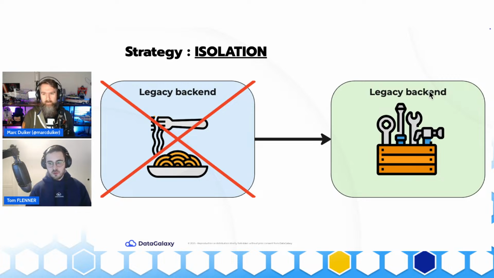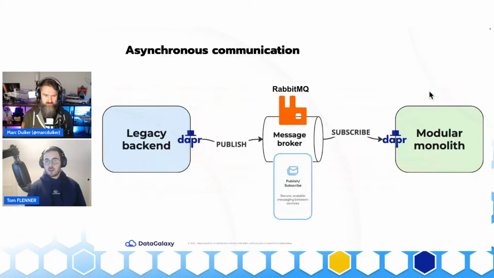So Dapr helped us first to do asynchronous communication between both components. We had the legacy backend emit a specific event on an action. For example, when you are creating a new entity in our catalog, let's say you are a company that has a glossary, you need to define a business term. This business term is handled with an action and an event that we can consume on the modular monolith side to do an action. I will go into this later about the first AI features that we brought with Dapr, but we can react on this event and do specific stuff in the new code base.